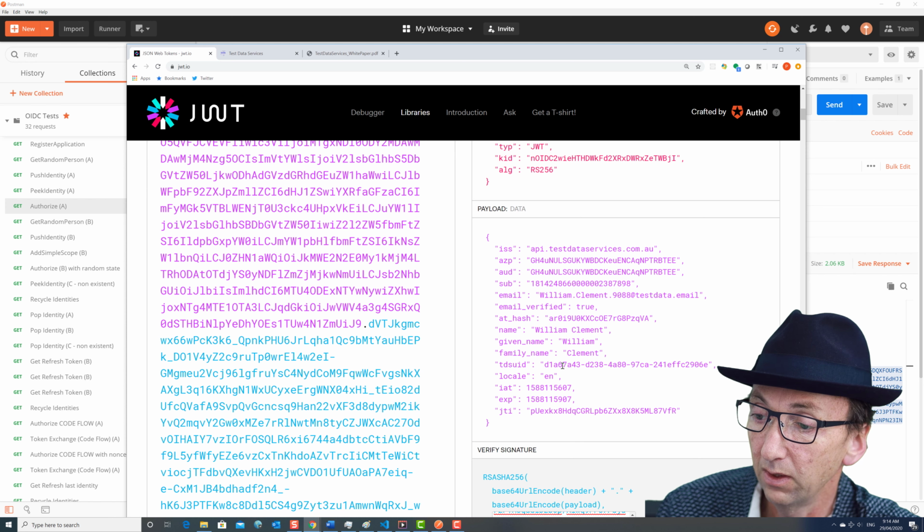The first bit tells us the key ID and the algorithm for signing. In this case, OIDC2 is the key ID. Now to find that key ID, you can go to testdataservices.com.au, go to the white paper, go to page 22, and here is that key ID. And it's a 4080 or 4K RSA public key. So if you put that key into